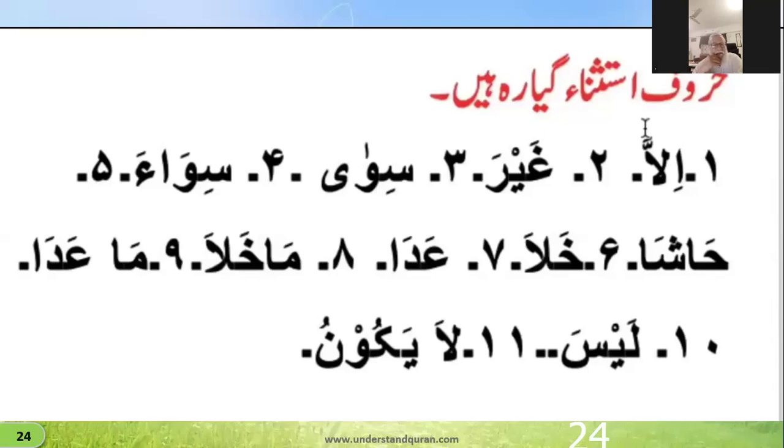Just like illa is the most frequent, and this is given as the example. But when you have your notes and tagged them, like Ghayr, Siwa, Hasha, Ada, suppose somewhere Ada comes, and I say it's Mustasna. Take out your notes. One time, two times, three times, four times, you yourself will say, okay, this Ada is a Mustasna. Just like you are telling the Harf Jar. The moment something comes, I ask what is this? You say it's a Harf Jar, followed by Isme Majroor. But you need to memorize it?